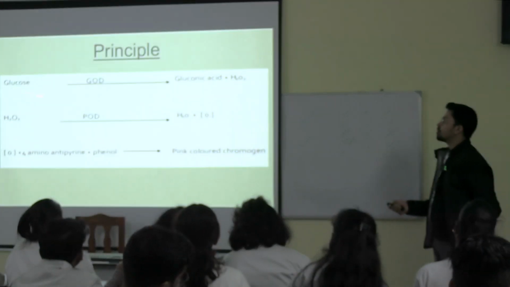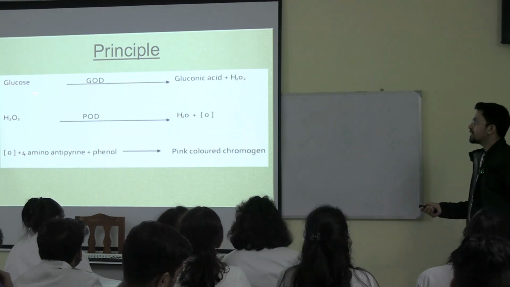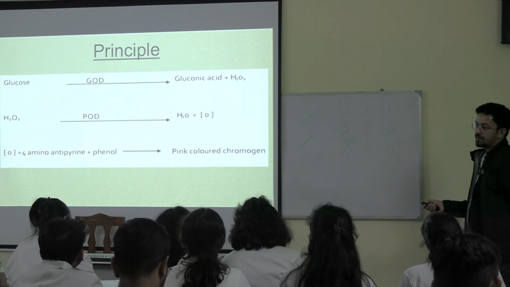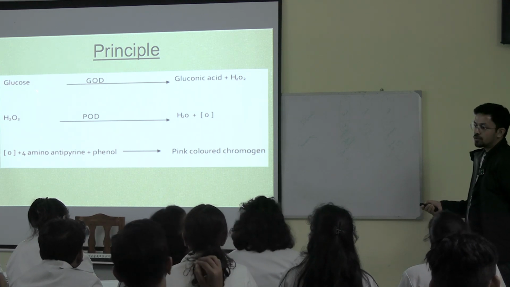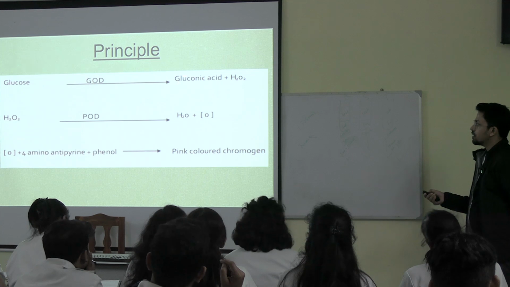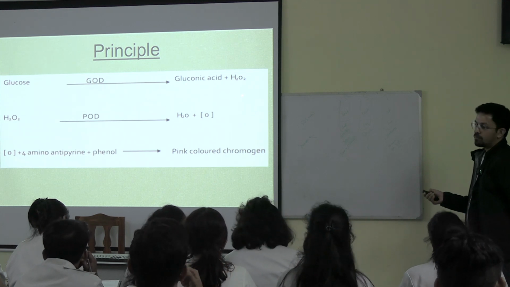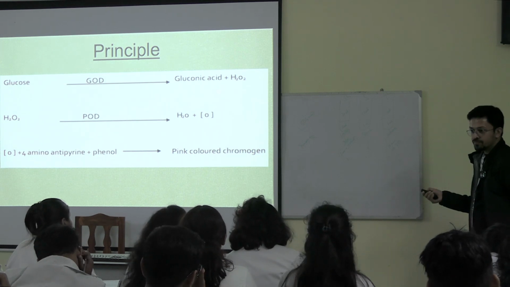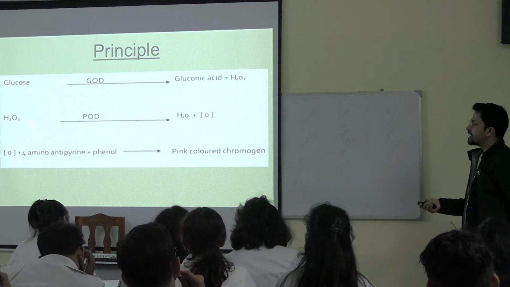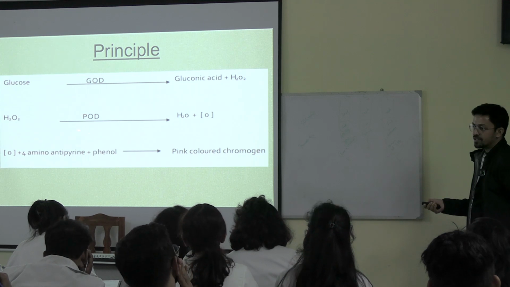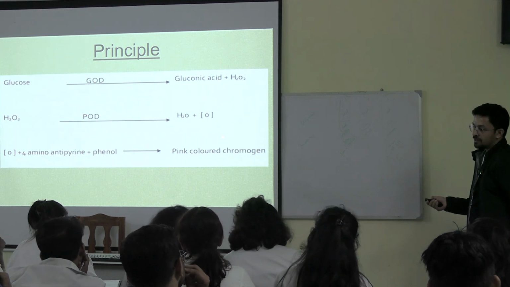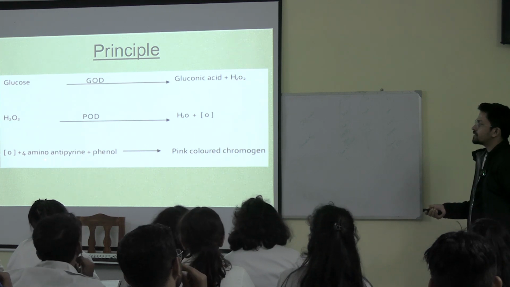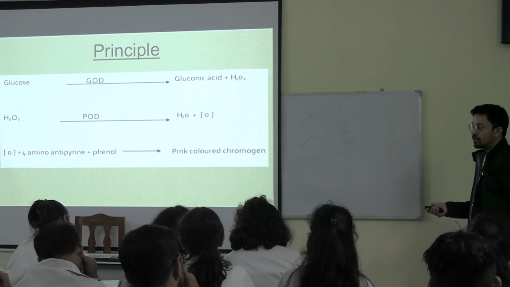Okay. First of all, glucose is there in the sample. You are mixing the GOD-POD enzyme reagent with it. First, the GOD of the enzyme reacts with the glucose, oxidizing the glucose and forming gluconic acid and hydrogen peroxide. Now this hydrogen peroxide is getting oxidized again by the peroxidase, forming H2O and nascent oxygen. This nascent oxygen is reacting with the remaining two compounds, that is the 4-amino antipyrine and the phenol, and forming